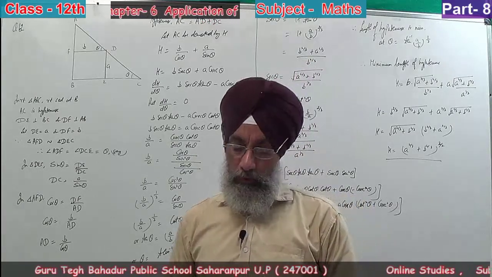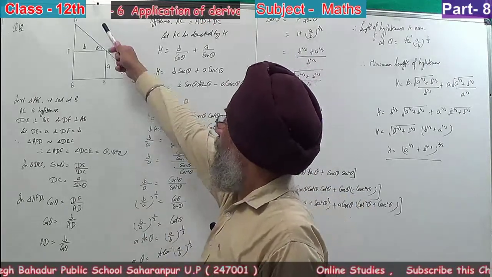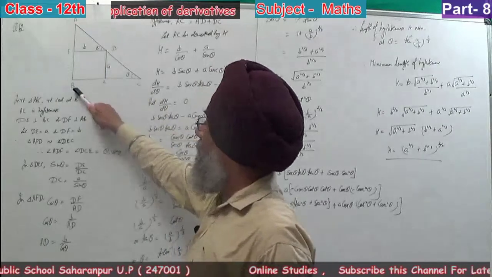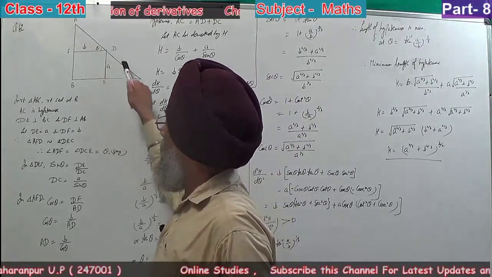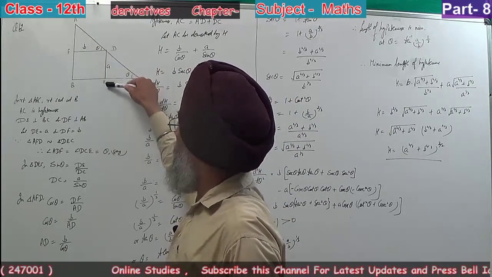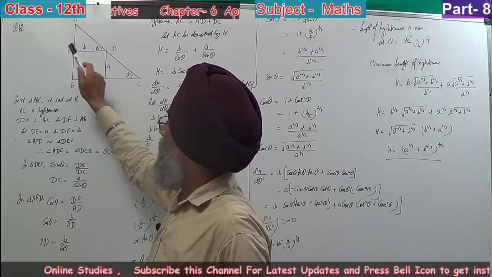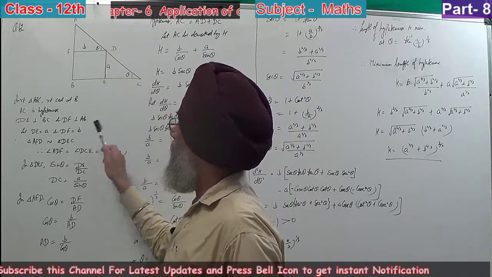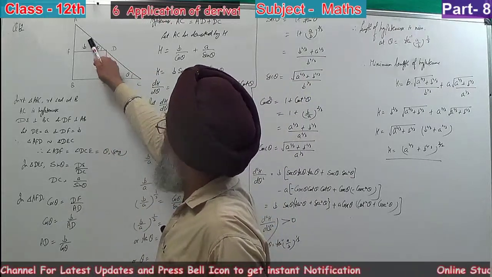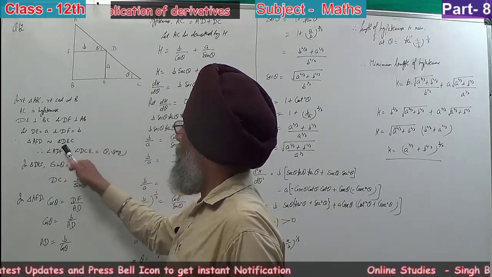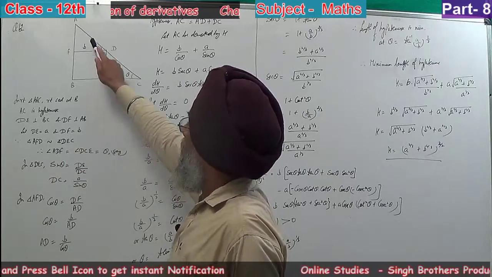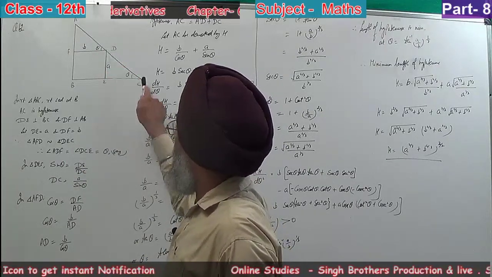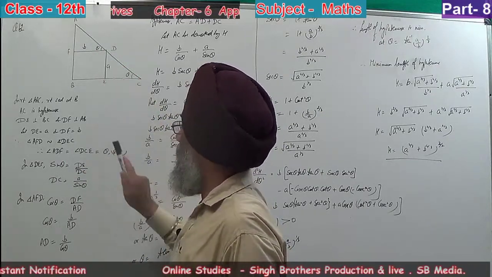Now let us discuss this question. We have to take a right angle triangle ABC, right angled at B, where AC is the hypotenuse. We have drawn DE perpendicular to BC and DF perpendicular to AB. Let DE be equal to a and DF be equal to b. Triangle AFD and triangle DEC are similar to each other. So angle ADF and angle DCE must be equal, let them be theta.